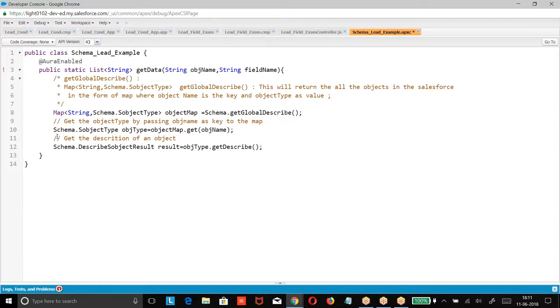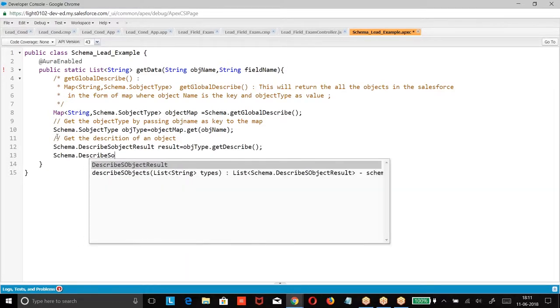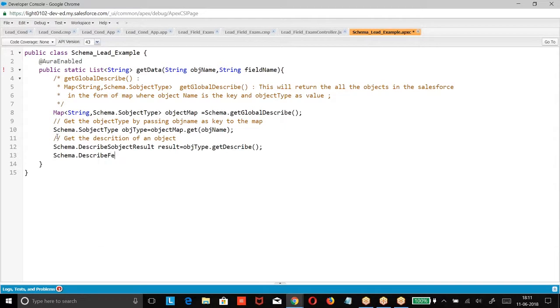So how do you get the fields of an object? Schema.DescribeFieldResult fieldResult equal to objectResult.fields.getMap, get whatever field name you gave, get the description about the field.